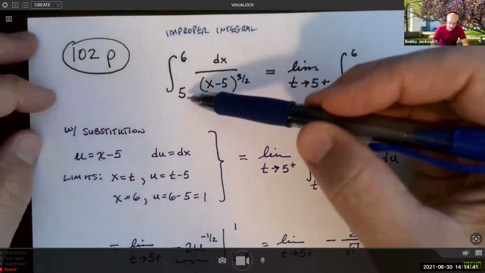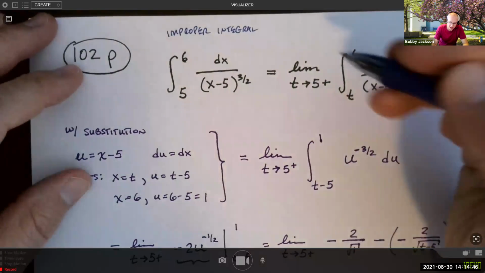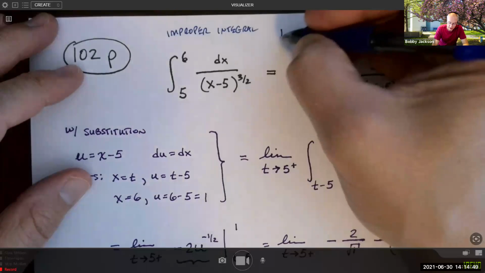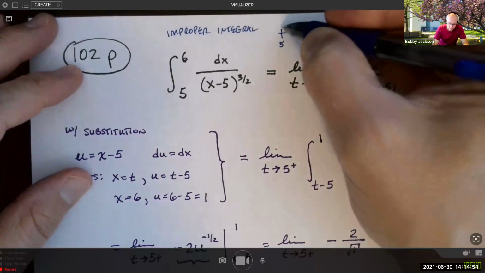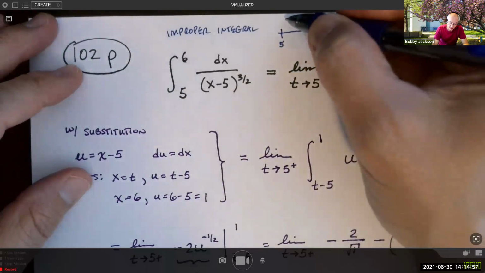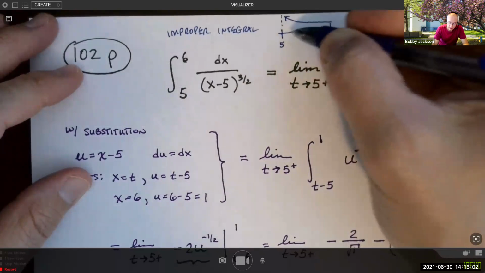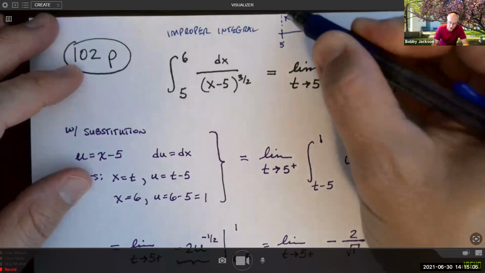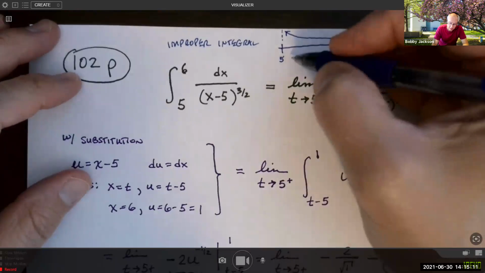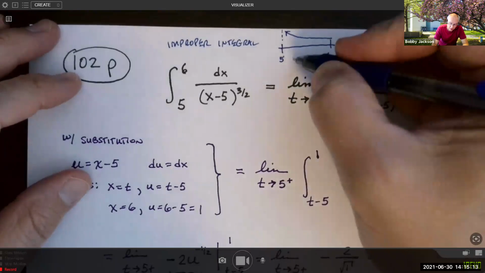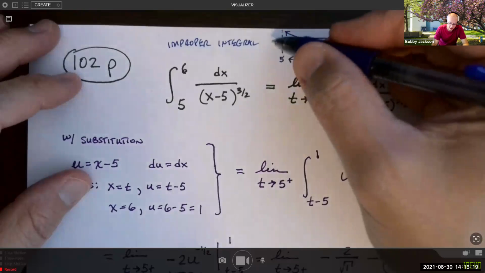What's happening is x gets closer and closer to 5. In this case, since we're going from 5 to 6, if you want to think about that interval from x equals 5 to x equals 6 along the real number line, we can sketch what this function looks like over that interval. There's a vertical asymptote here. As we get close to 5, the function is rapidly increasing towards infinity. But the important thing is, as we approach 5 from the right or positive side, we're approaching that vertical